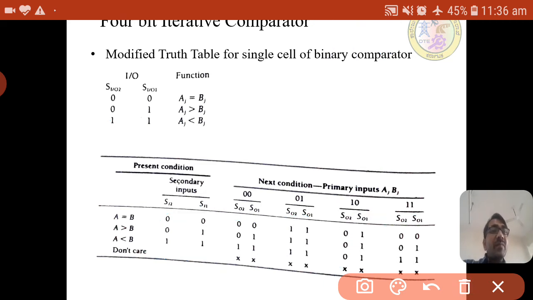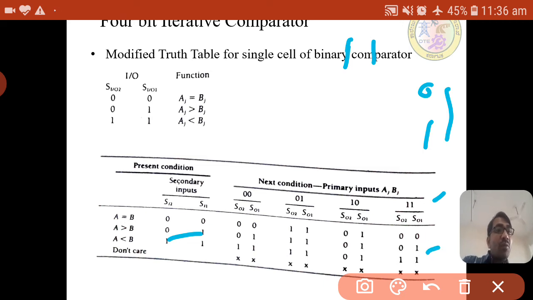Similarly, if the secondary input is 0 1, but the AB value is 1 1, so the input 0 1 is the previous one in this table, and here both are 1 1.